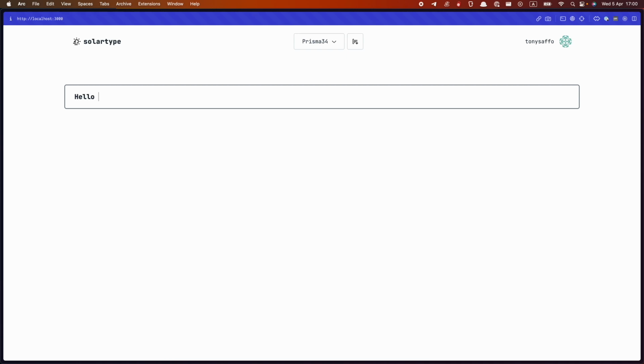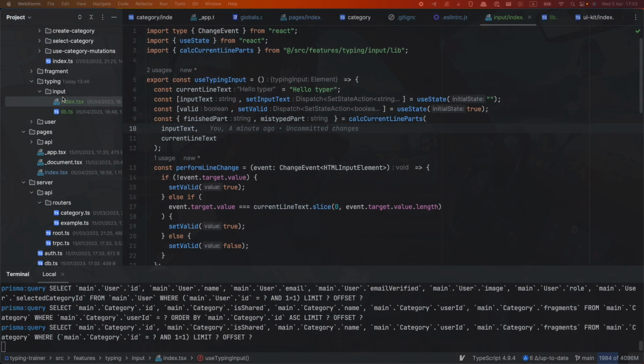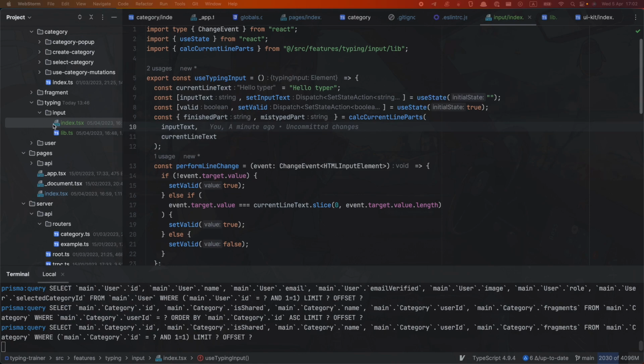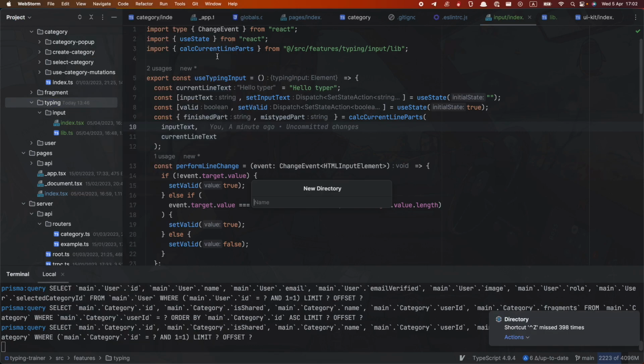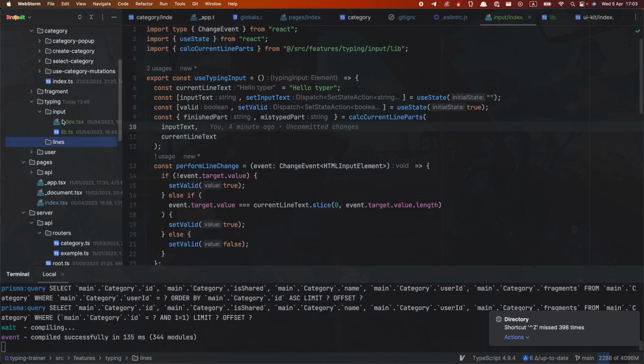We have this input, and I think it's already halfway for this video. Proceed with actually typing a widget. We'll use inside this widget our input and our lines, which will be calculated from the fragment. So let's actually start from the lines. So I will create folder lines under the typing features, and in the lines I will add